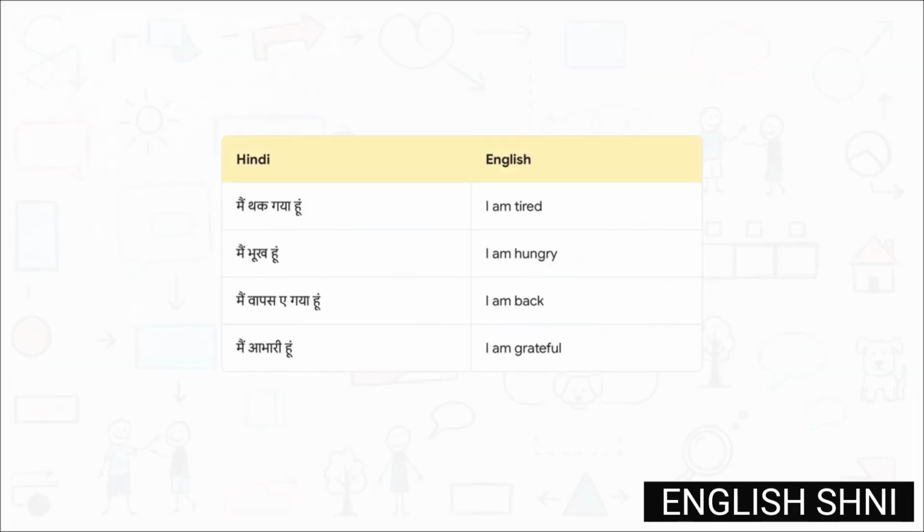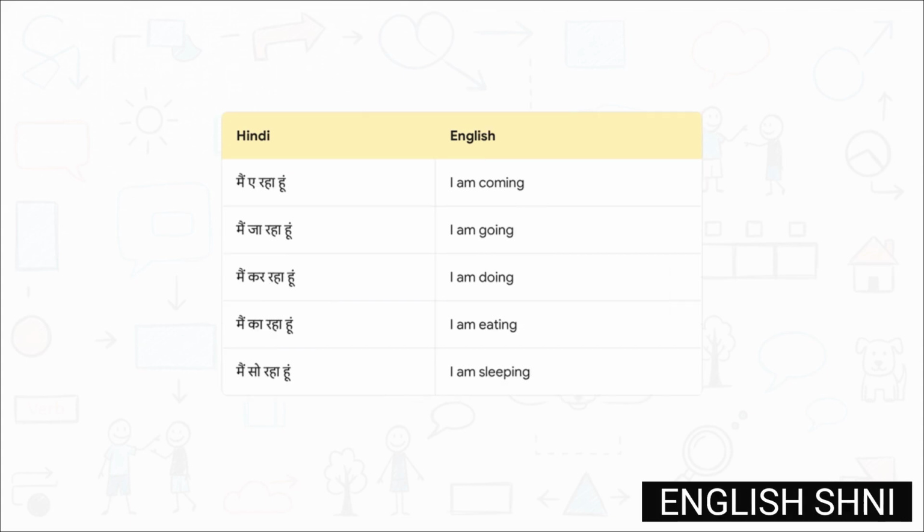And guess what? This exact same logic applies to your physical states too. Imagine walking through the front door after a crazy, grueling day at work. You can instantly announce, I am back, followed immediately by, I am tired, and I am hungry. And when someone finally hands you a plate of food, I am grateful. It is the exact same formula. You're just snapping a different puzzle piece onto the end. See how repetition builds that confidence?